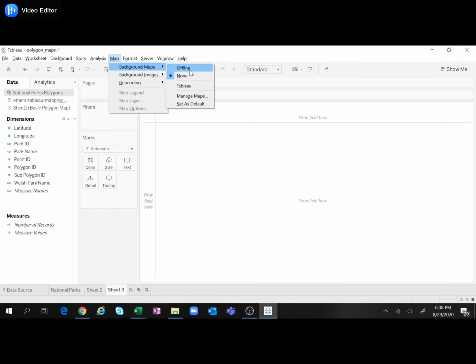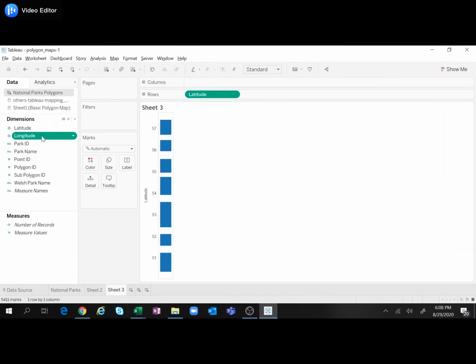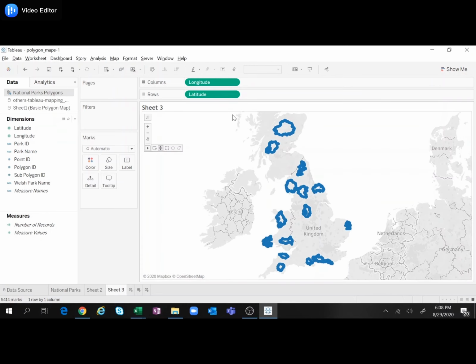So if in your Tableau as well this none option is selected, then please select Tableau, and then again move longitude to columns and latitude to rows, and now we can see that there is a proper map for England, and we can see that the longitudes and latitudes for each and every row are properly plotted.